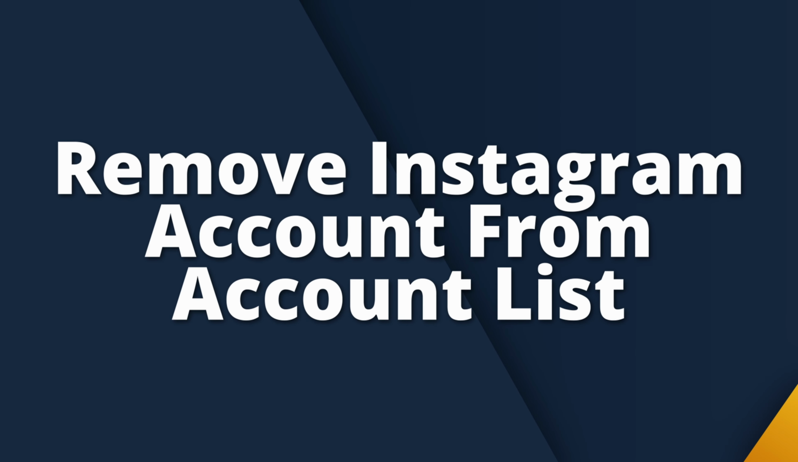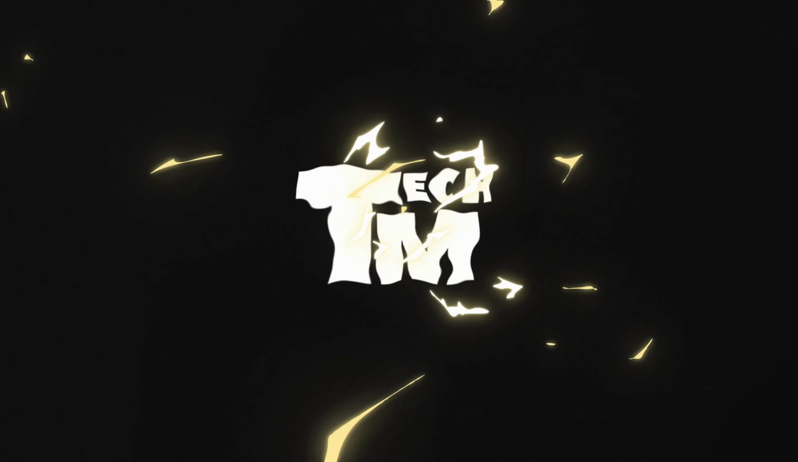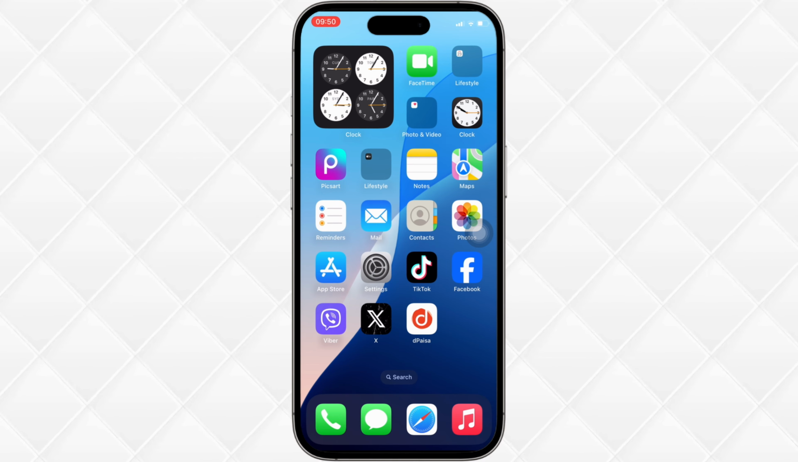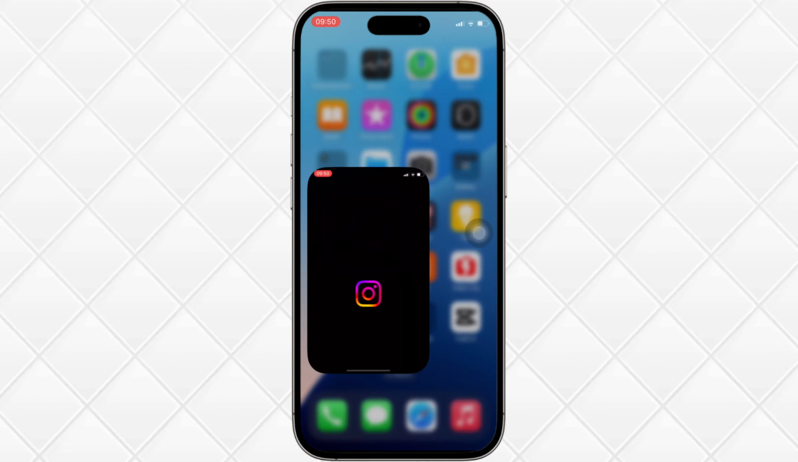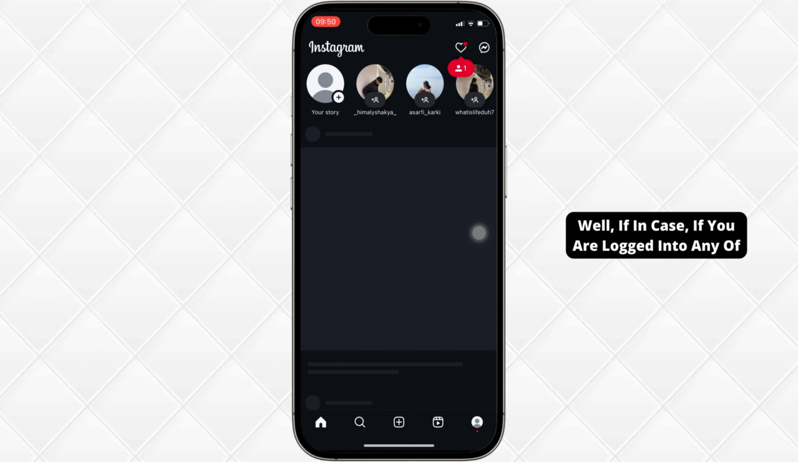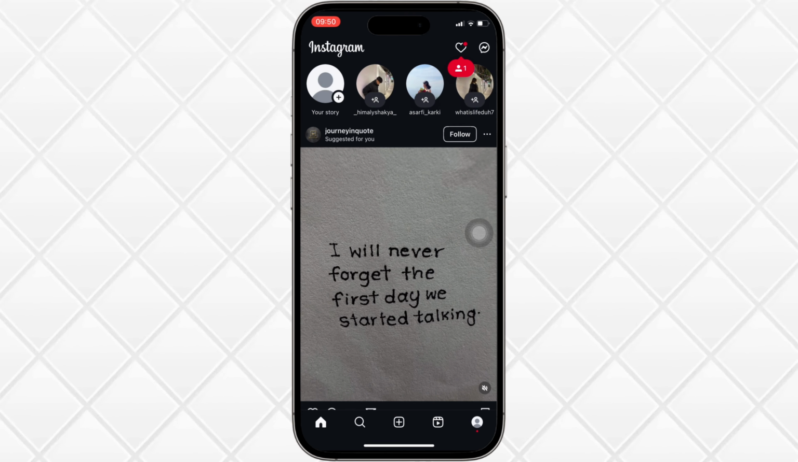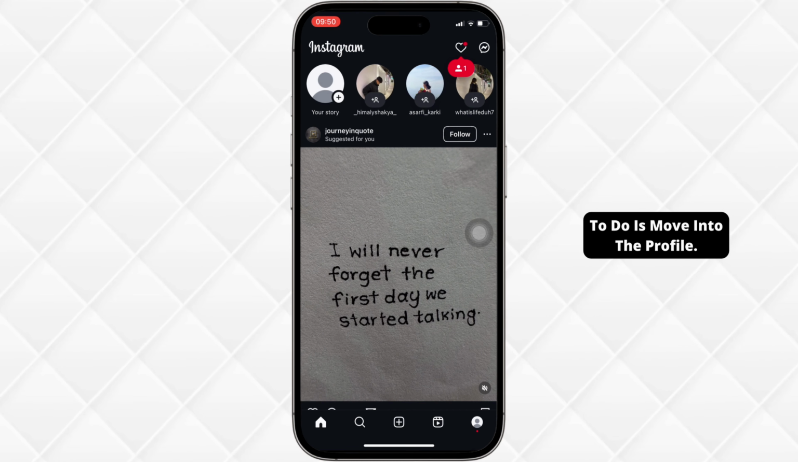How to remove Instagram account from account list. Let's get started. First things first, you need to head over to your Instagram application. Well, if you are logged into any of your accounts, then what you want to do is move into the